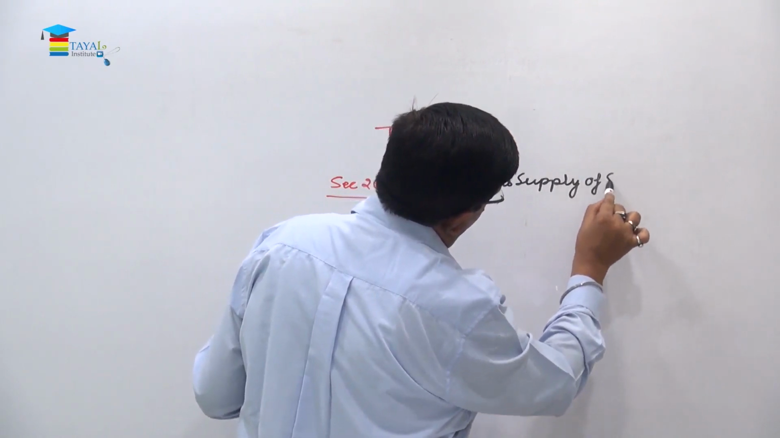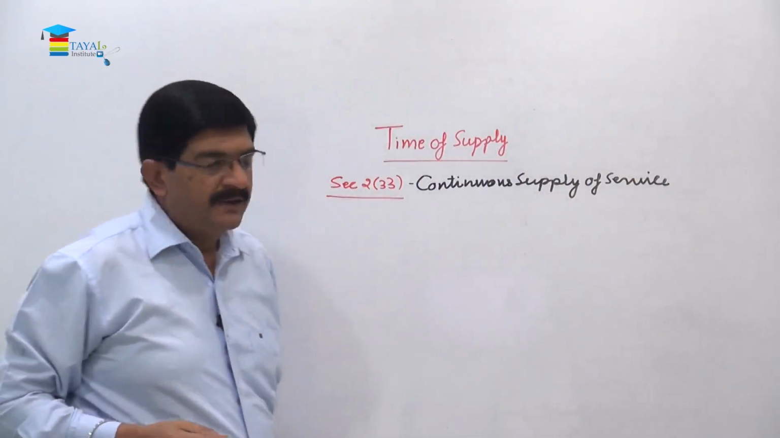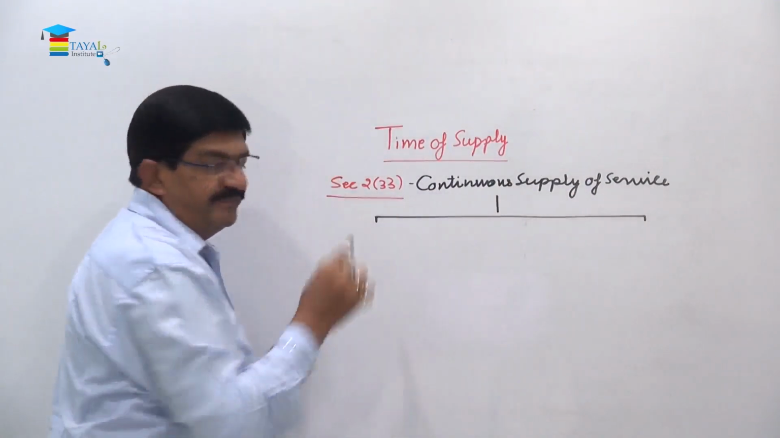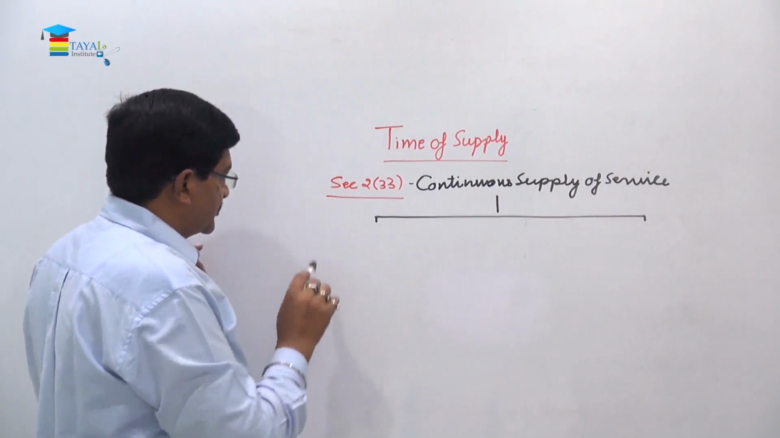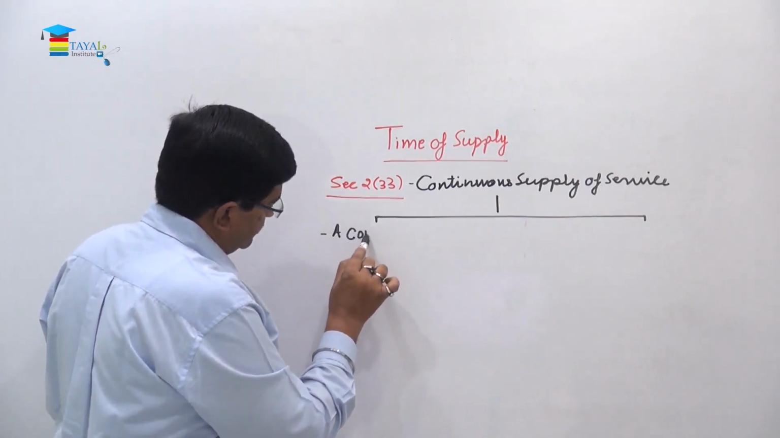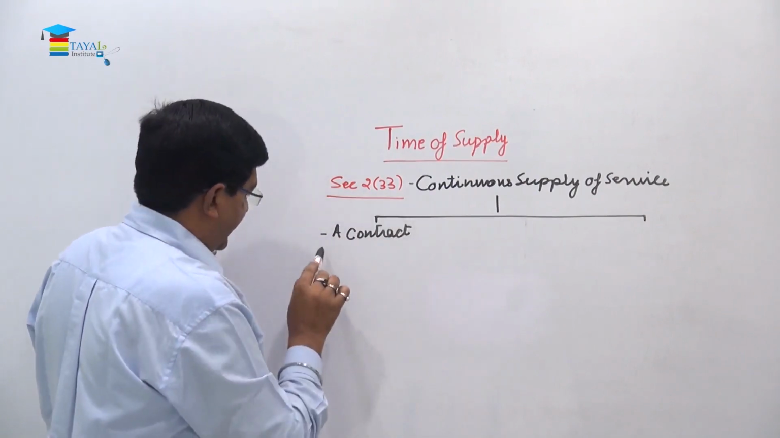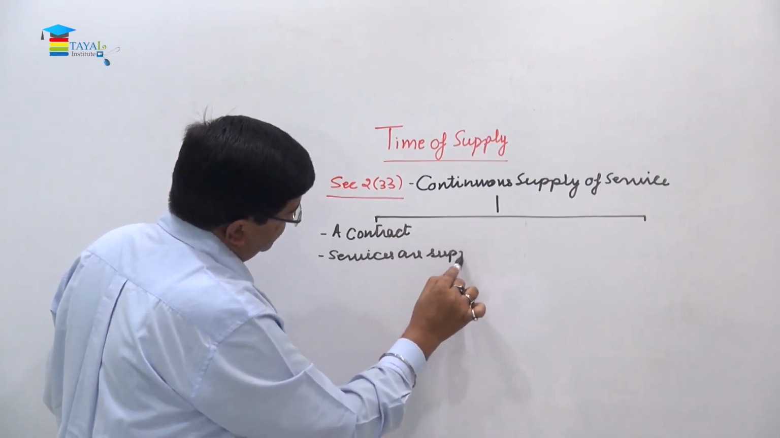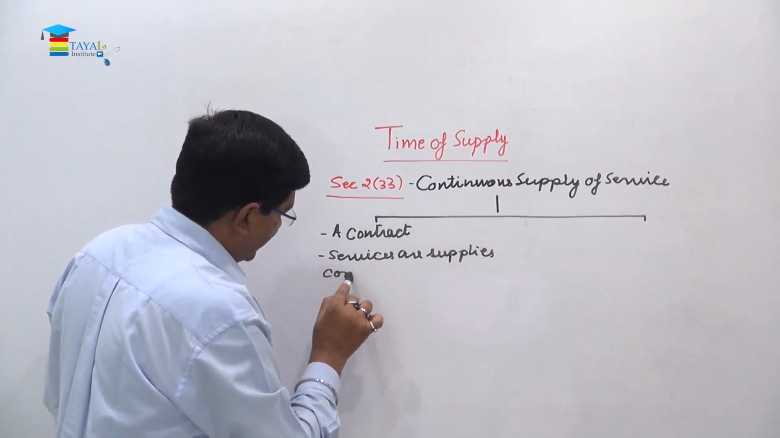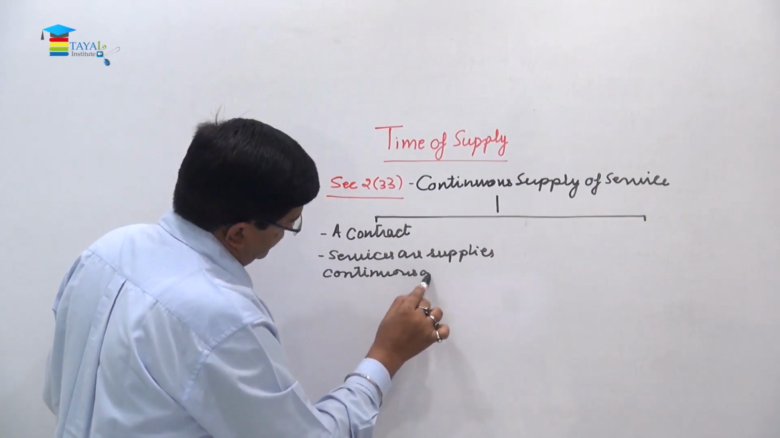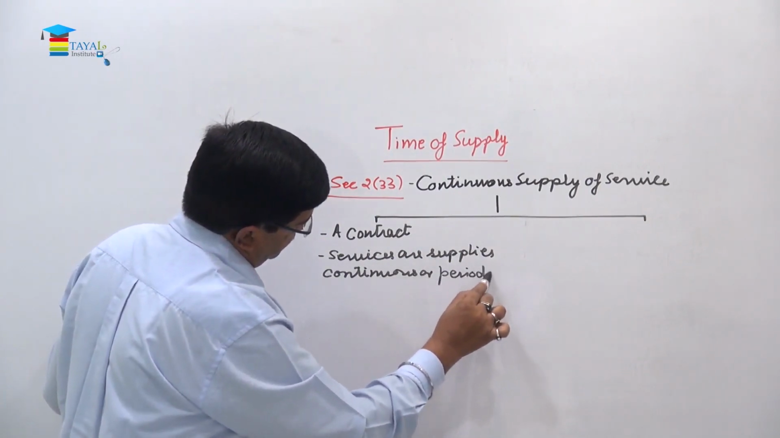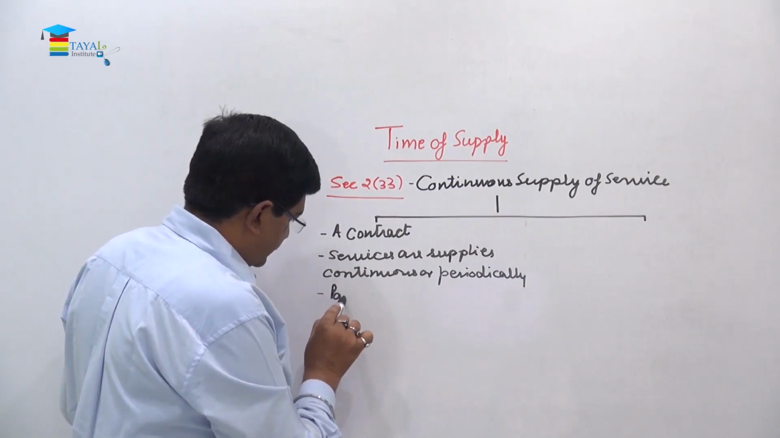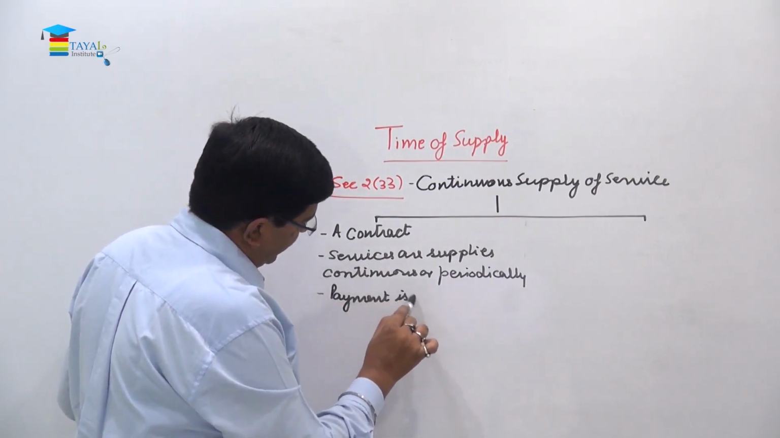Supply of service. So this I can divide in two parts. First part says, which is similar to in relation to goods, there is a contract and services are supplied continuously or periodically, and for that payment is recurring,